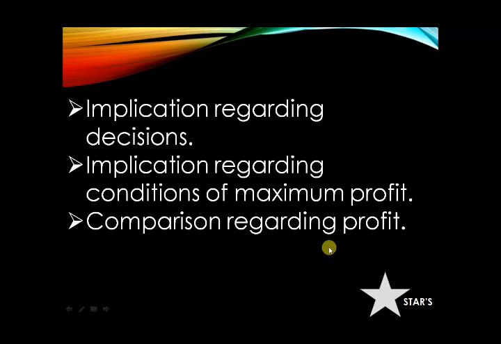Now, comparison regarding profit. In the short run, a firm, whether in perfect competition or monopolistic competition, may earn supernormal profit, normal profit, or even suffer losses. But in the long run, under both types of market, a firm earns only normal profit. However, under monopolistic competition, there can be some